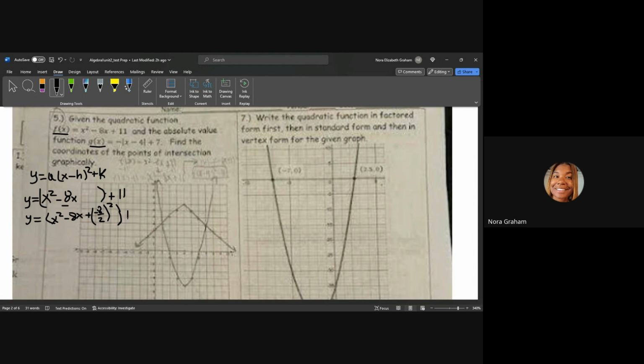So plus 11. I'm subtracting my negative 8 over 2 squared. All right, so then I could write this differently. If I wanted to factor this out, I could, because that would be like negative 4 squared. So I have x, and we also listen to this sign right here, minus 4